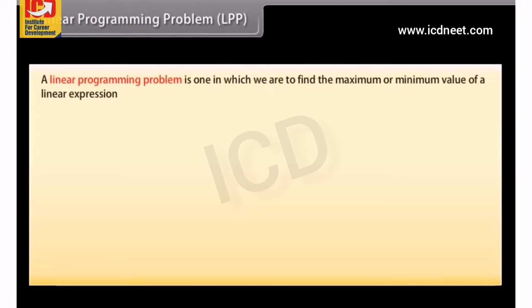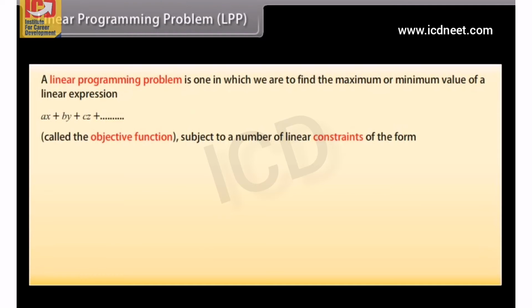Linear programming problem, LPP. A linear programming problem is one in which we are to find the maximum or minimum value of a linear expression, ax plus by plus cz plus and so on, called the objective function, subject to a number of linear constraints of the form ax plus by plus cz plus and so on less than or equal to n, or ax plus by plus cz plus and so on greater than or equal to